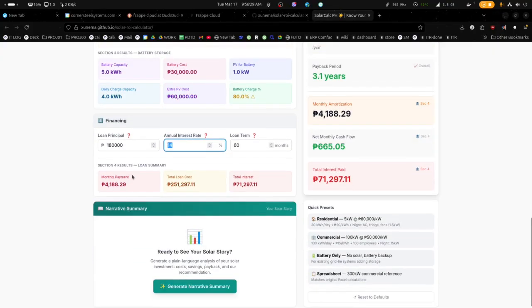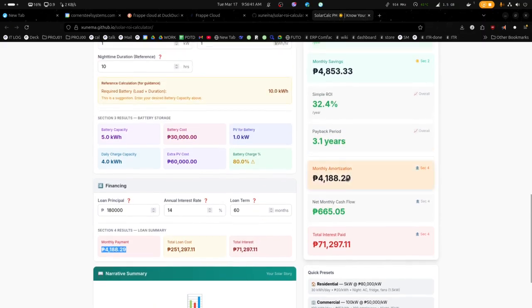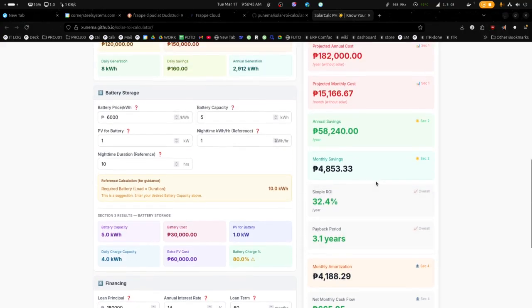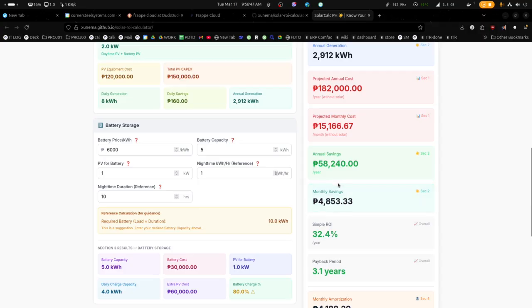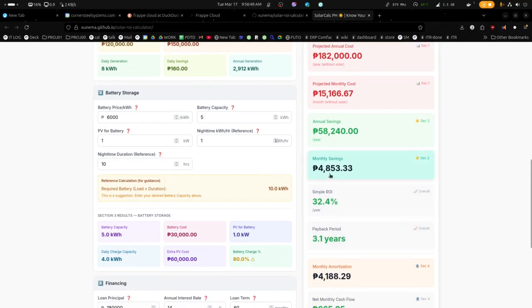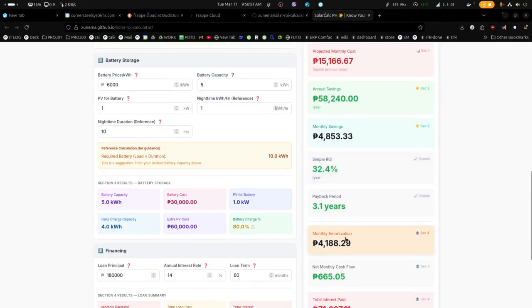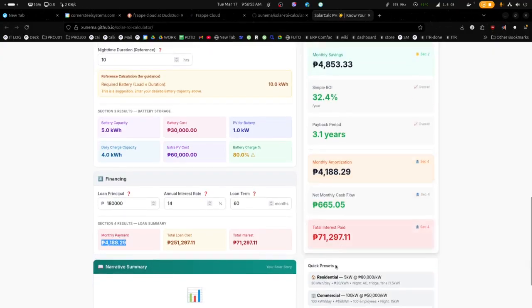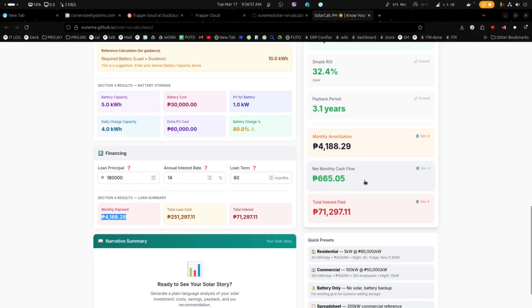This is how much the loan will cost over 5 years, and this is how much additional interest you're paying. This is the monthly payment amortization that you see. You can see it here. Then you can notice that your monthly savings, 4,853, is greater than the amortization. So you actually have about 600 pesos